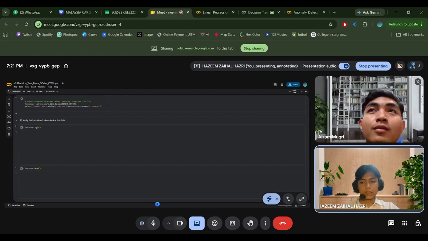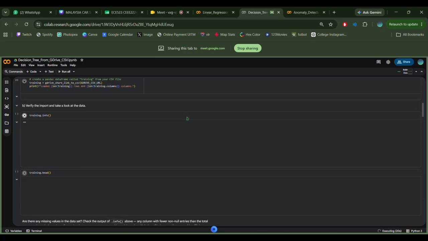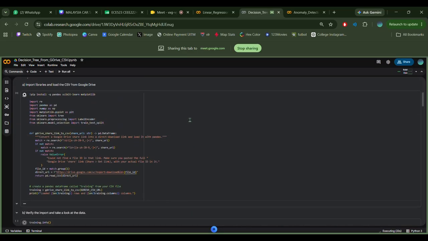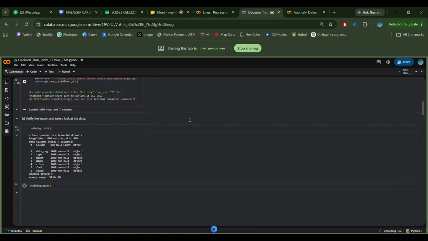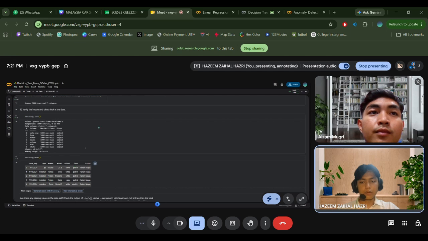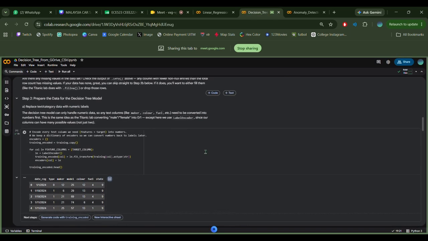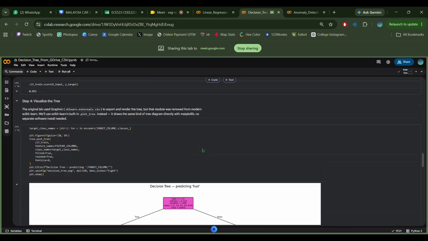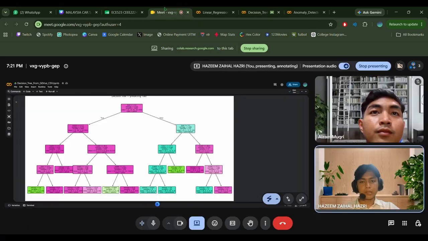Next, when we go to the next part, it will verify and import the data. Here's the imported data from our CSV files. And finally, it will generate the decision tree. It will be able to predict fuel, just like I presented.